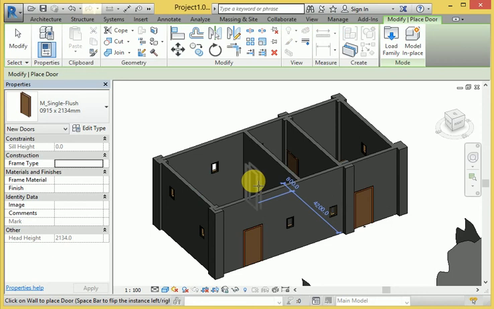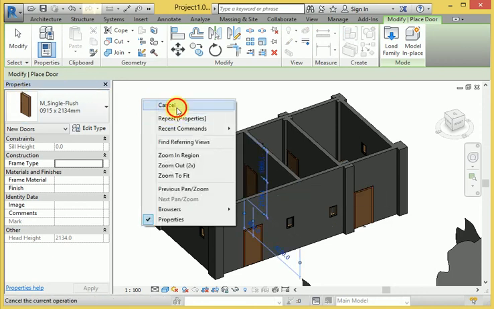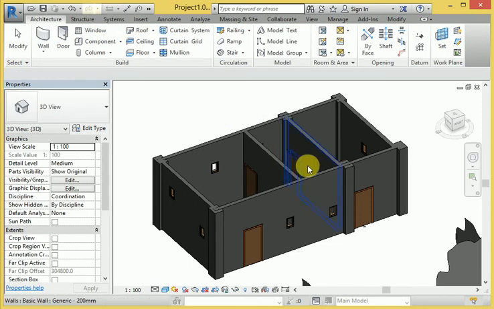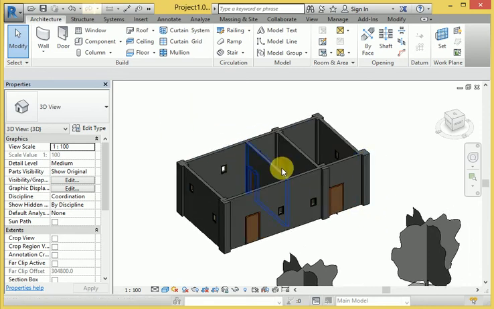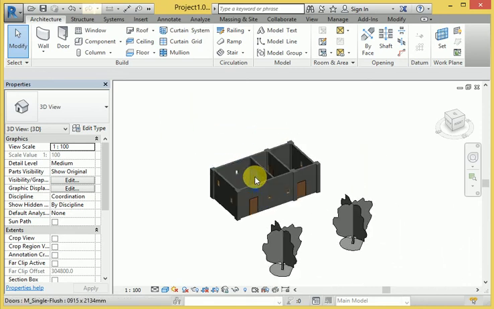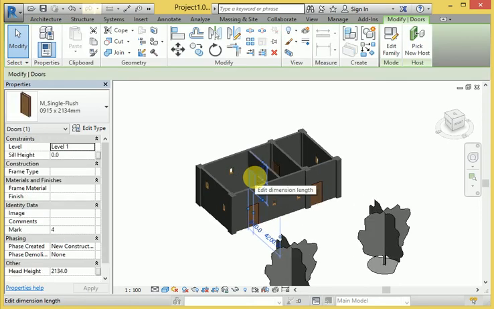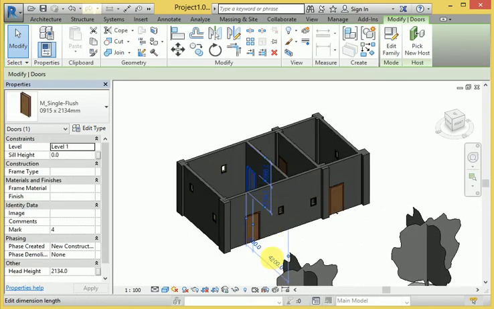Now use the door here. I use this properly for the door and window right now. Then again, when I want to stretch this particular distance here, we will change it right now.